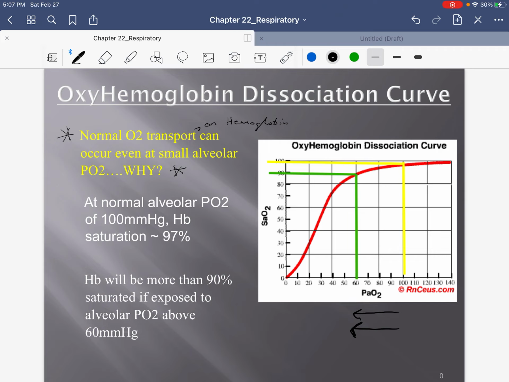So let's just give you 2 examples. Look at the yellow. And I gave you this number before. You don't have to know it, but normal alveolar partial pressure of oxygen is 100, right? So at a partial pressure of oxygen of 100, which means when we have a lot of oxygen, we will have 97% hemoglobin saturation. Isn't it almost at 100? In fact,